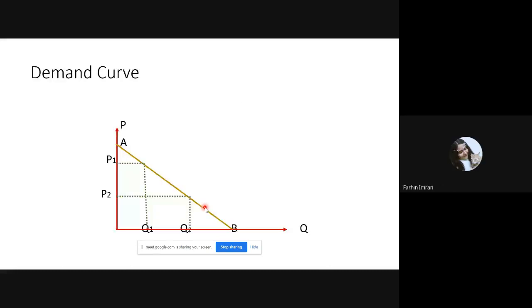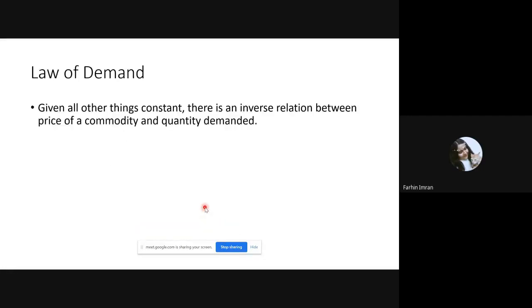Ma'am, if we say that there is an inverse relation between quantity demanded and price of a commodity, will it make any difference or would it be the same thing? That should be the law of demand. What you are saying is the law of demand. If you say that when there is an increase in the price of the commodity, quantity demanded will fall, then you must write at the same time that when there is a fall in price, the quantity demanded is increasing. That is the law of demand. You have to explain both sides. Otherwise, better to write just the relationship, the inverse relation, and everyone can understand.